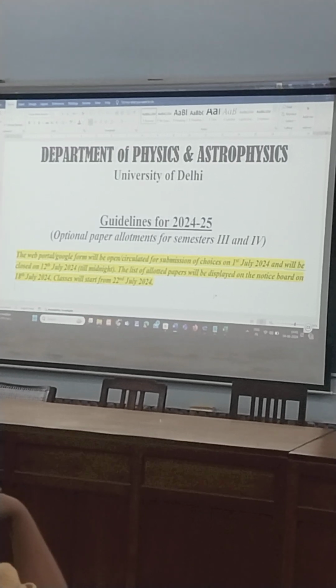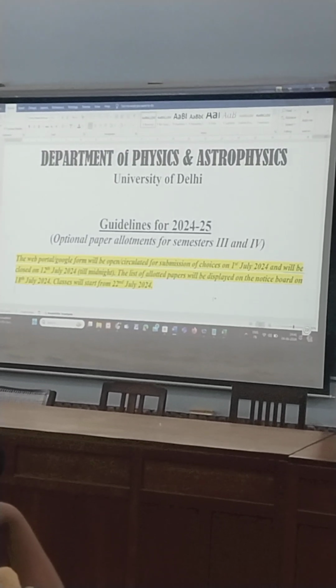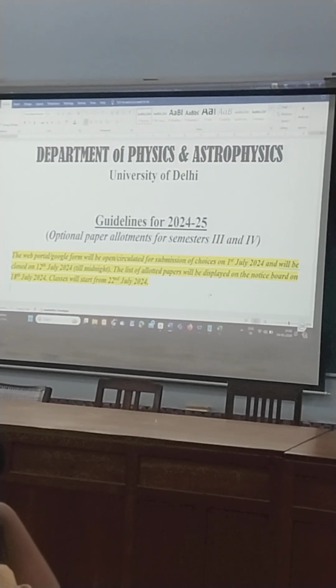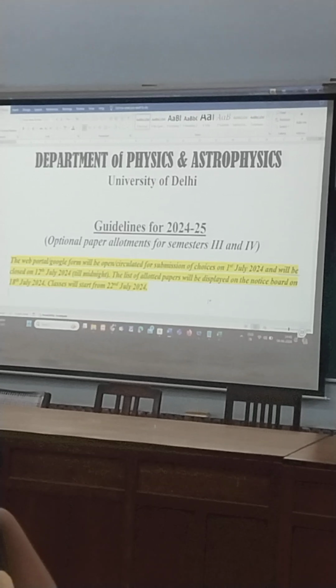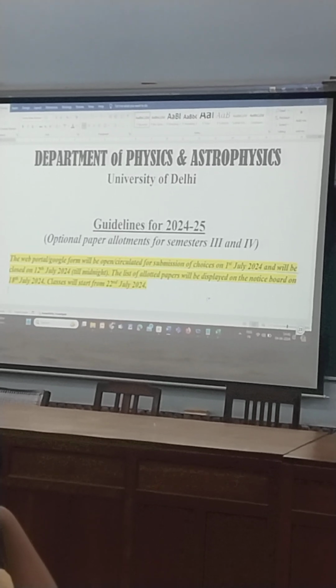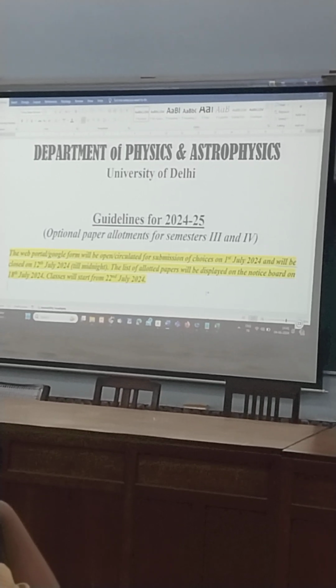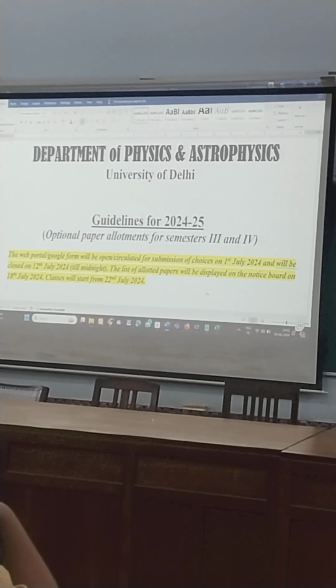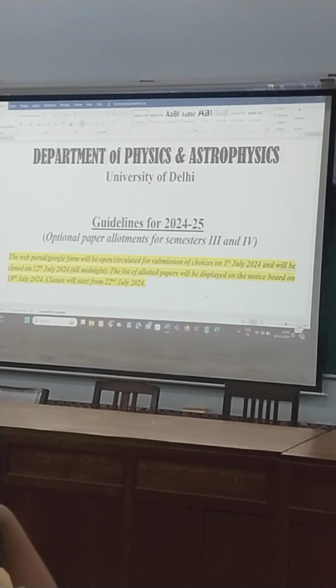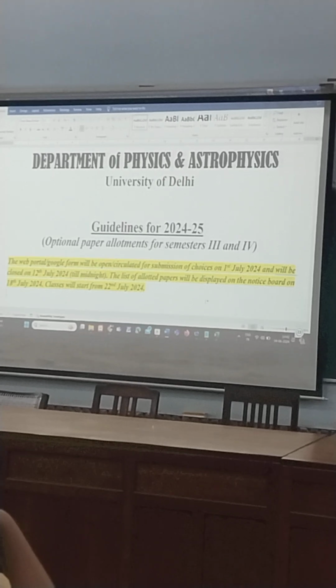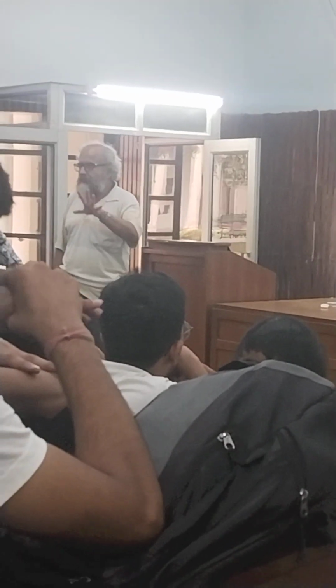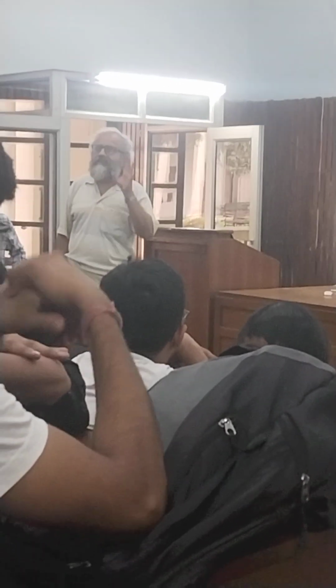Okay. And if there is a mistake, please write to us immediately, because it also takes us a few days to correct mistakes. If you do not let us know, then you lose some valuable time. You have to miss something. Suppose there is a mistake in allotment, so please let us know.